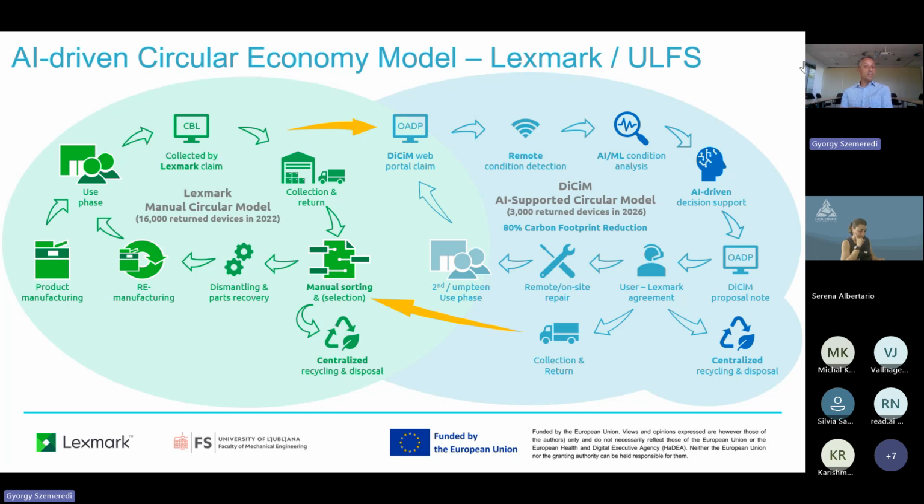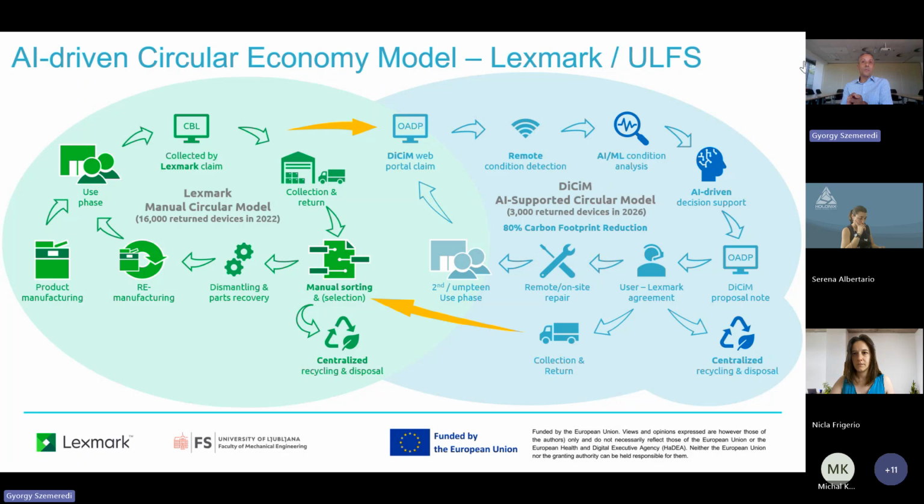So basically, we do this pre-selection of the printers, and not only decide about returning the printer to the warehouse, but with this remote device detection model, we can already judge if the printers can be repaired in the country, on the site of the customer. And if the printer can be repaired there, then it is also another option for the user to go for the repair option. So basically, the user will have 3 different scenarios to choose from.